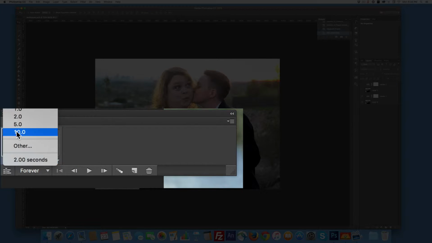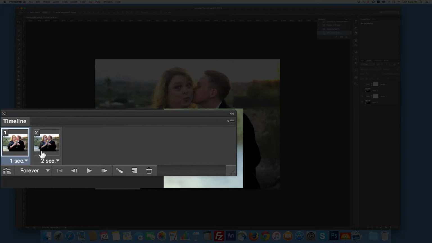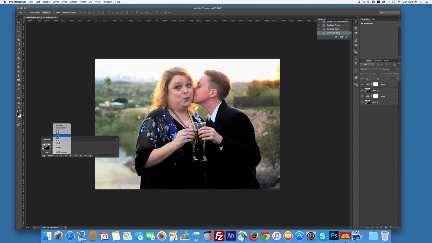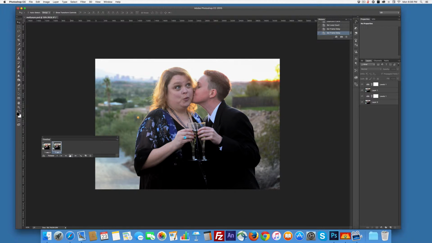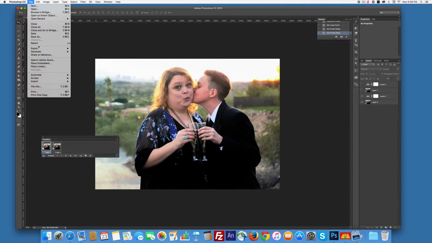Now I set this, I want these actually for 1 second, not 2. 2's too long for me, but you can change it yourself. And then when we click it, you can see her eyes are doing things. Okay, very simple. Then we go File, Export, and we need to use the Save for